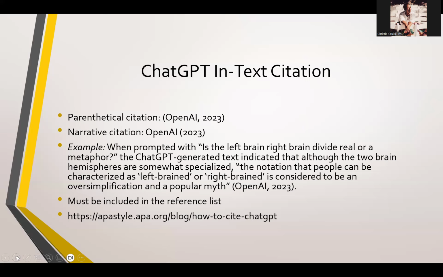It also must be included in the reference list. And again, here is the website where you can access more detailed examples of how to cite ChatGPT. I just wanted to give you a basic overview, but the APA online, APA Style magazine or a book does have more detailed information and a variety of different options, but this is kind of your basic option here.